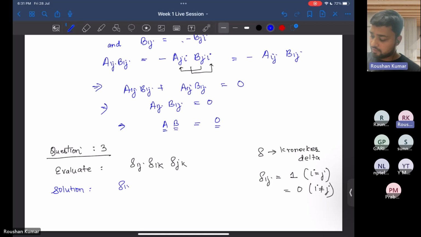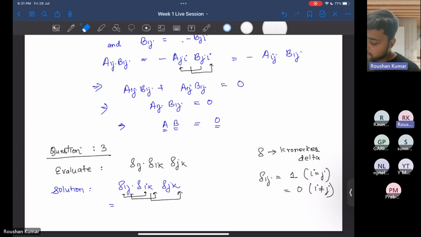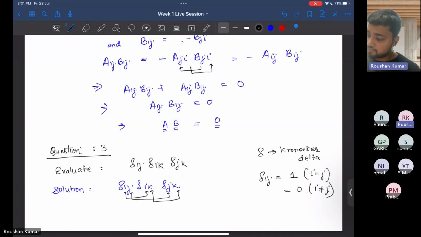So del ij, del ik, del jk is equal to... You see here that i is repeating 2 times, j is also repeating 2 times, and k is also repeating 2 times. So i is repeating twice, j is also repeating twice, and k is also repeating twice. So if we evaluate it, we will get,